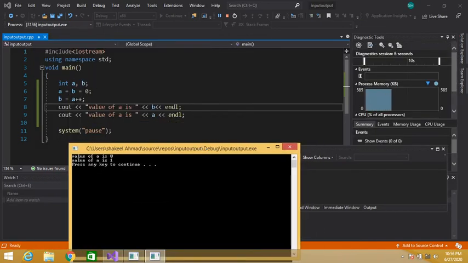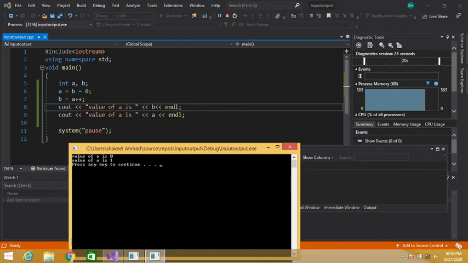this is something known as the post increment operator. A contains 0. The post increment operator will first assign the value of variable a to b, then it will increment the value of variable a.